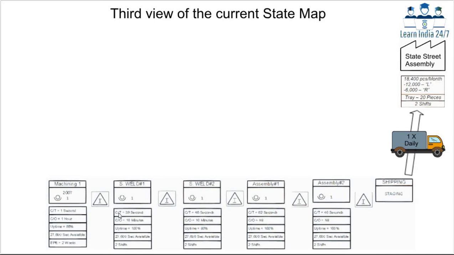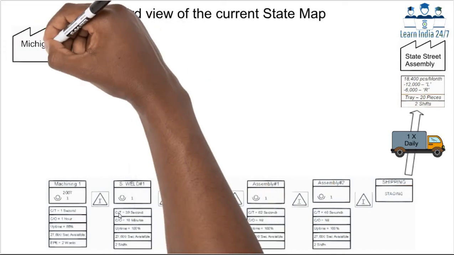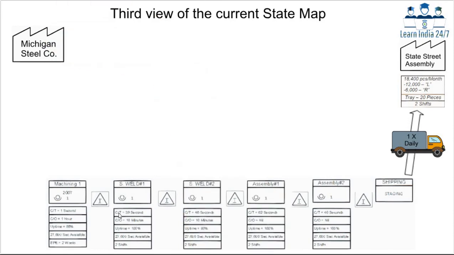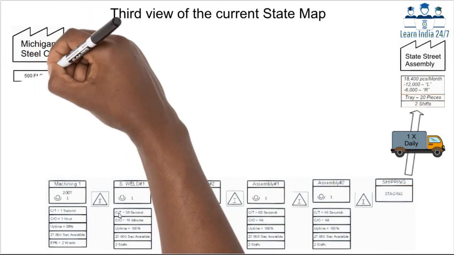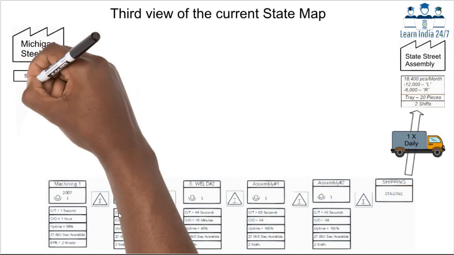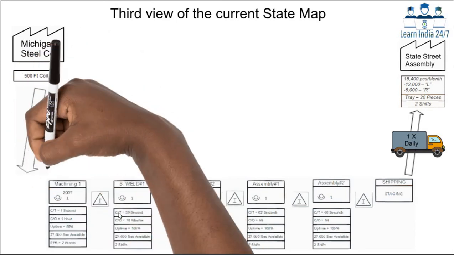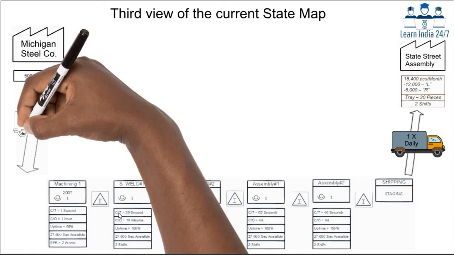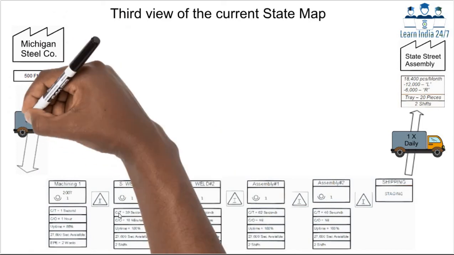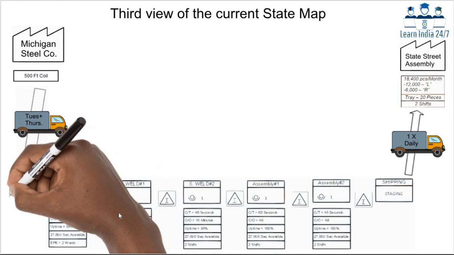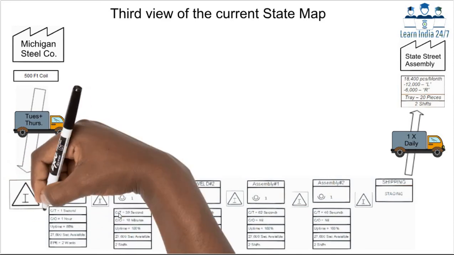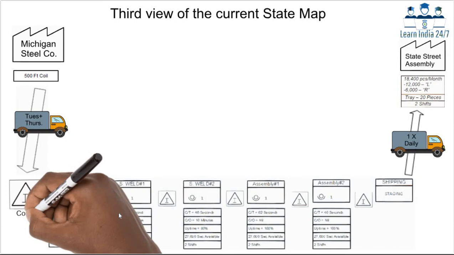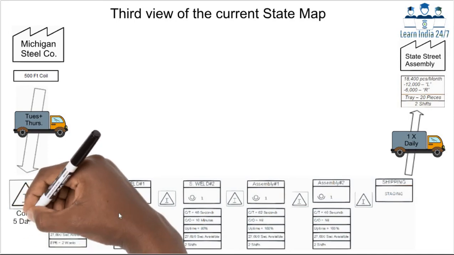At the other end of the map, we will show the steel supplier with another factory icon. Again here, we are showing the same truck icon and broad arrow icon to show the movement of material from the supplier to Acme's plant. In this case, the steel supplier ships twice a week and the pack size is 500 feet of coil steel. The supplier cannot deliver less than this size of shipment. At Acme, the coil steel is taken to the steel storage area, shown by an inventory triangle.